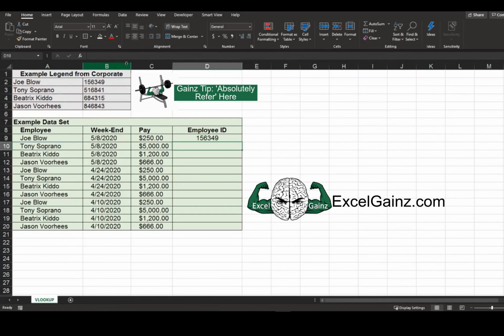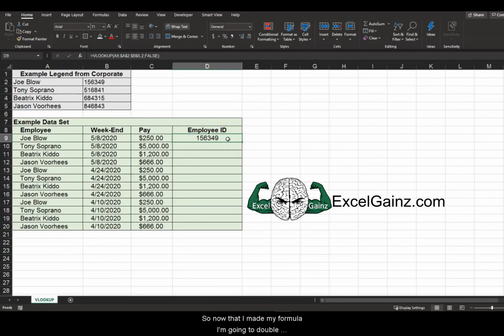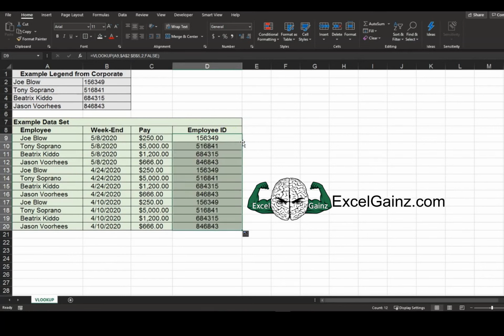I'll hit enter. Now, a lot of people get confused with this part, which sections of the formula to make absolute. Just remember that the lookup value is going to change when we drag down our formula. However, the table array is locked. It's as simple as that. So now that I've made my formula, I'm going to double click this green square, drag it down, and we're done. That's a crash